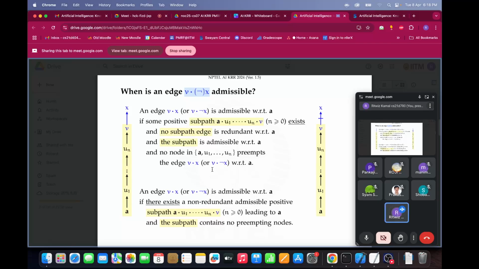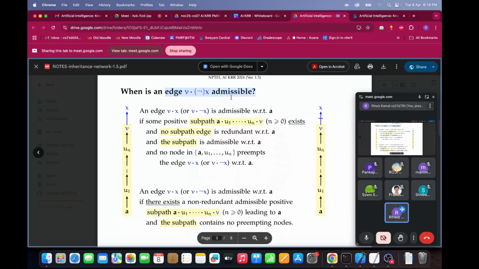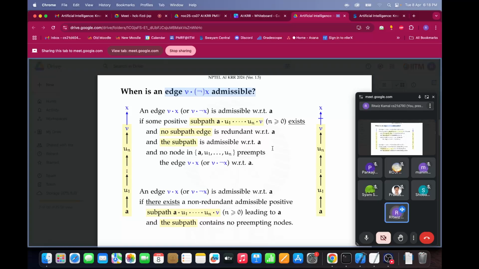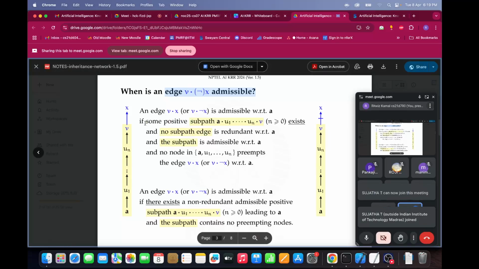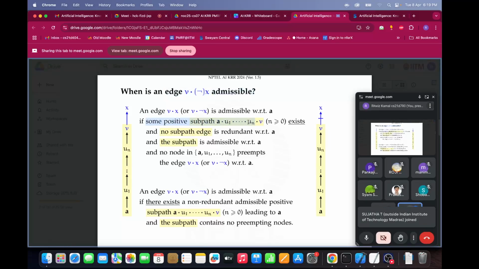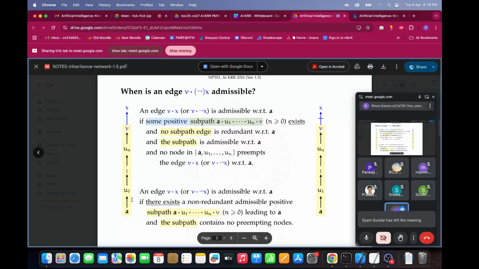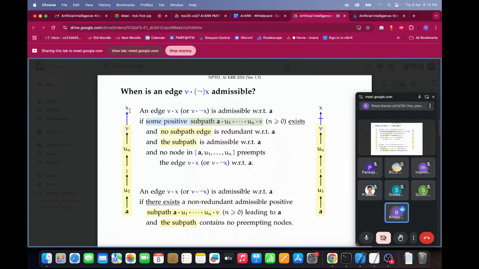Okay, so this is kind of a heavy definition when you look at it, but we can break it down into several parts. So what we are trying to answer is whether an edge is admissible or not. This is our main goal. There are 4 conditions we need to check in order to say whether an edge is admissible or not. The first condition is some positive subpath must exist, in order for us to say that an edge V to X, this blue edge,